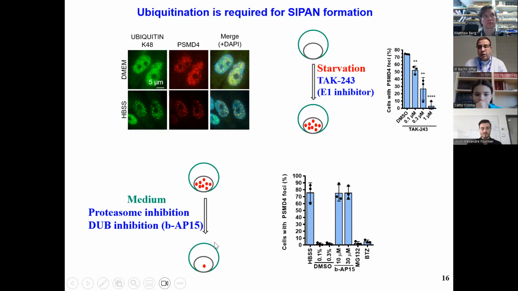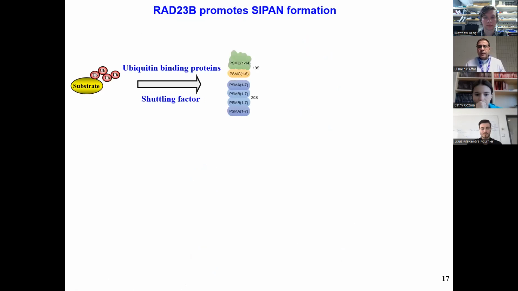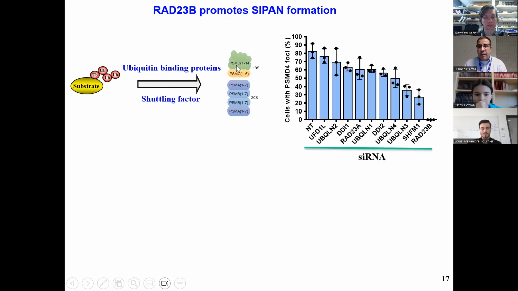So this strongly suggests that ubiquitination is involved in their formation and that de-ubiquitination is required for their dissipation. So we wanted to know whether we can identify factors that can be involved in this liquid phase separation of the proteasome. We considered several shuttling factors. These are proteins that will bring ubiquitinated substrate to the proteasome, and we did RNAi for several of them,